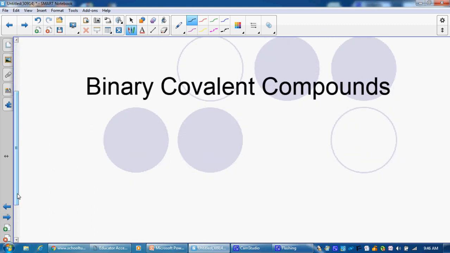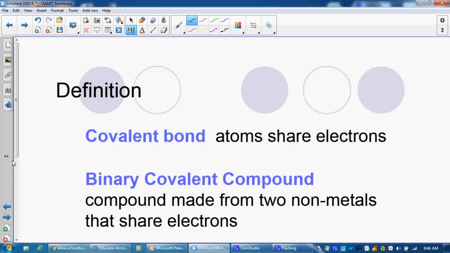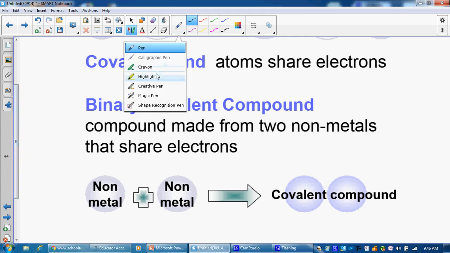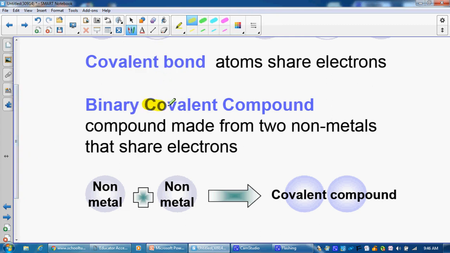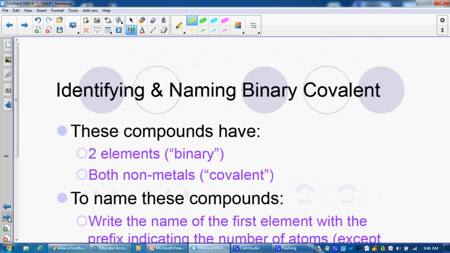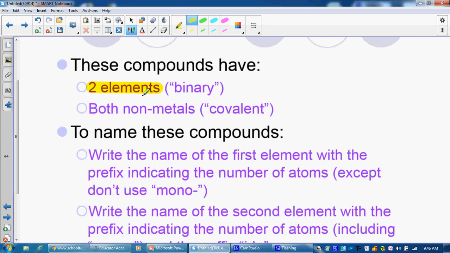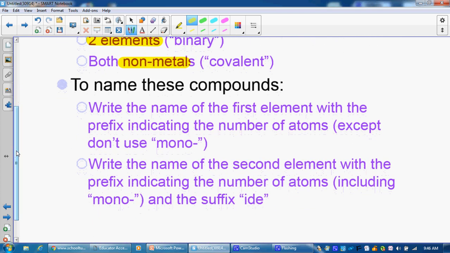Now, covalent compounds are much, much simpler. And again, we have binary, so that means we're going to have 2. Since it is covalent, though, we know that these have to be 2 nonmetals. So here we're going to have 2 nonmetals that are added together. So again, one more time, 2 elements because it's binary. They're both nonmetals because it's covalent. And these are very simple to write their names. You write the name of the first element